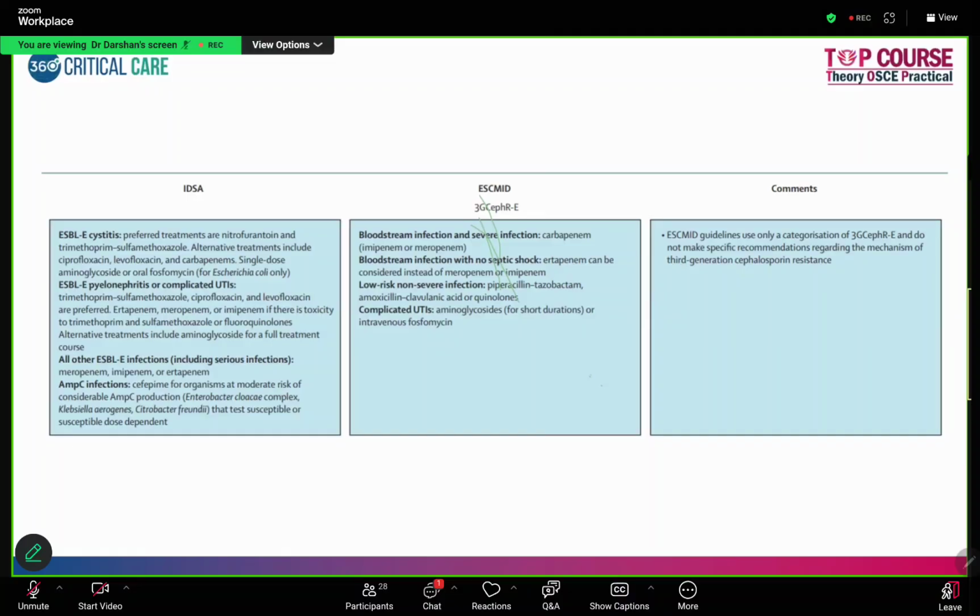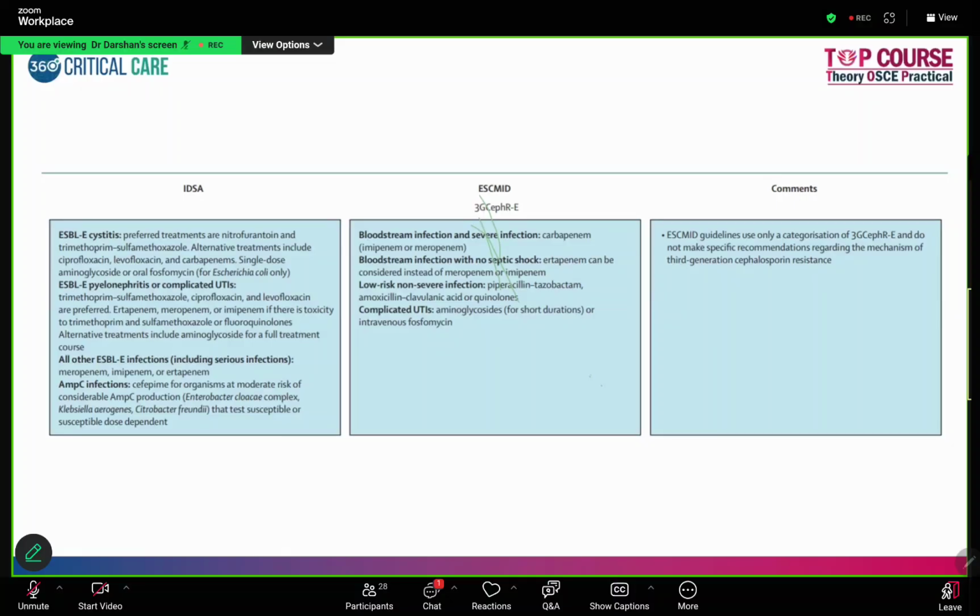Okay, what type of organism came? If it is a SPACE group of organisms, then always think that it is an AmpC producer. And remember, these AmpC producers usually have a higher propensity to induce resistance to the later generations. So that is the reason it's better to choose carbapenems in this group of patients as well. Okay, so this is about the management in